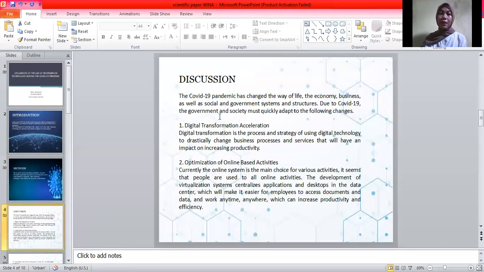Discussion. The COVID-19 pandemic has changed the way of life, the economy, business, as well as social and government systems and structures. Due to COVID-19, the government and society must quickly adapt to the following changes. 1. Digital transformation acceleration. Digital transformation is the process and strategy of using digital technology to drastically change business processes and services that will have an impact on increasing